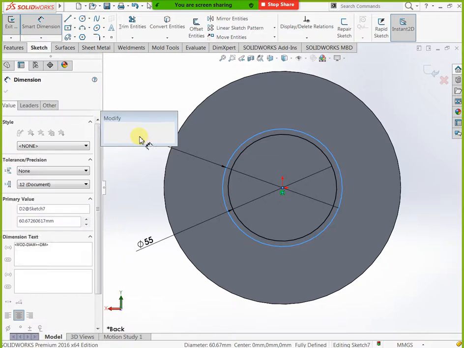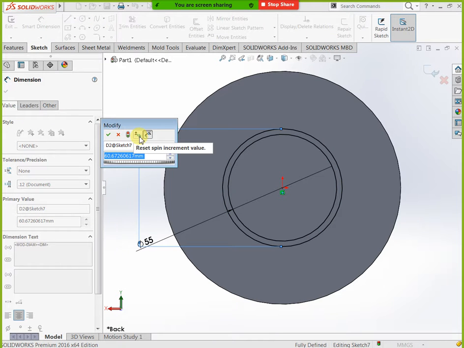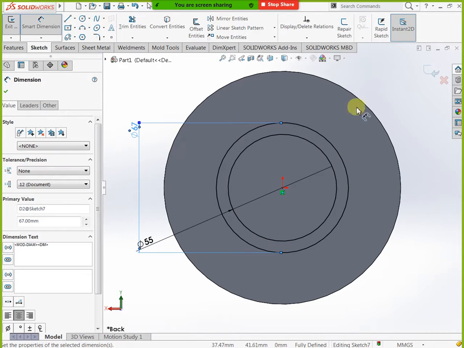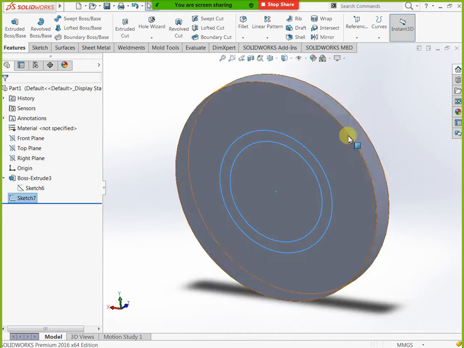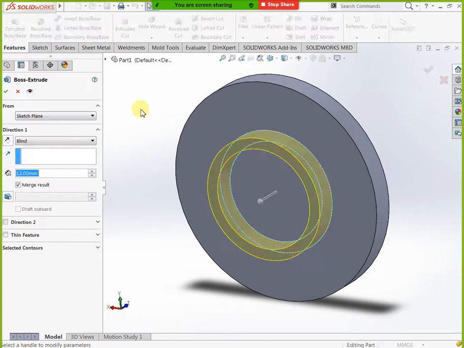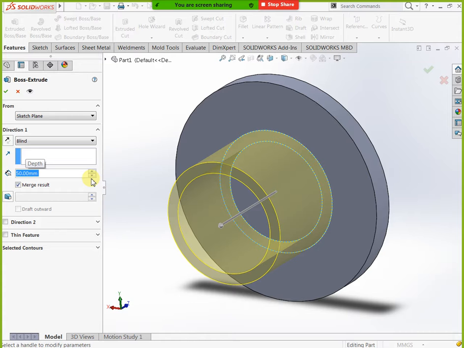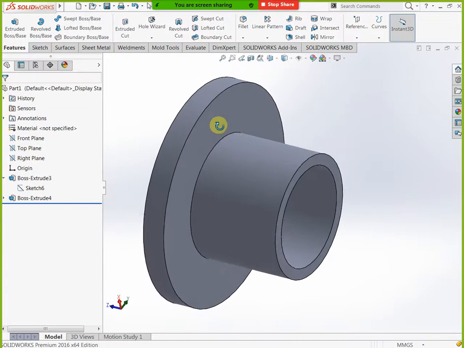Not 12 mm, you can increase some more guys. Here I am taking 50 for example. This sketch you can increase more, not 12 mm, you will take 24. You can take 20 or 24 extra, means 55 plus 20, 75, 79.